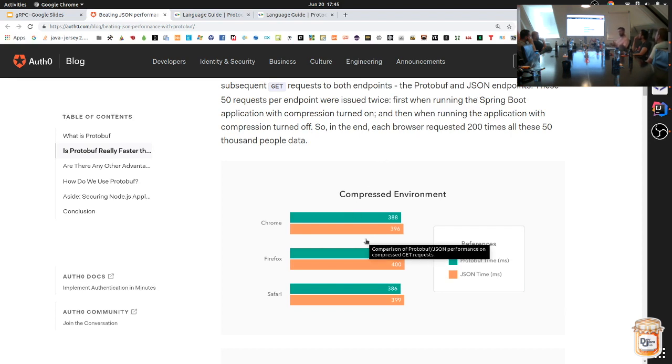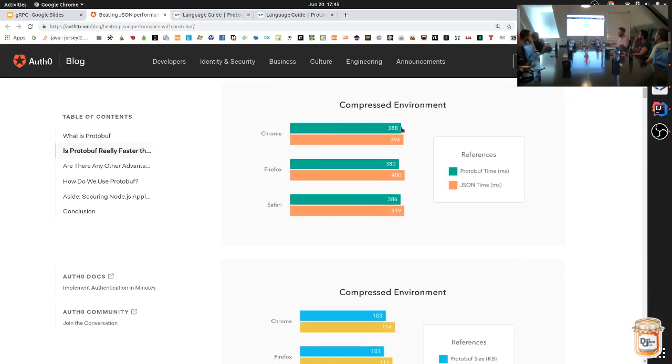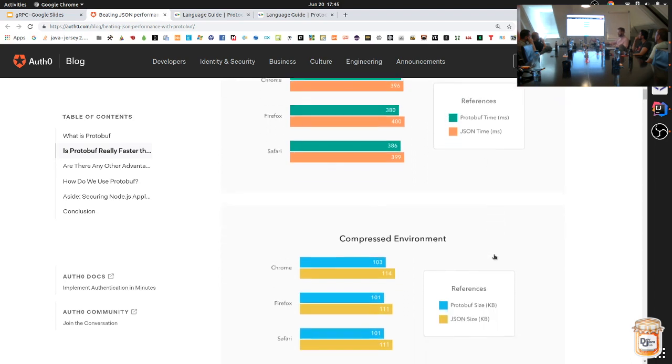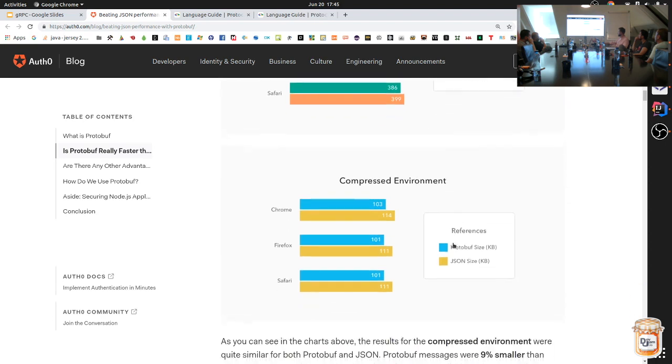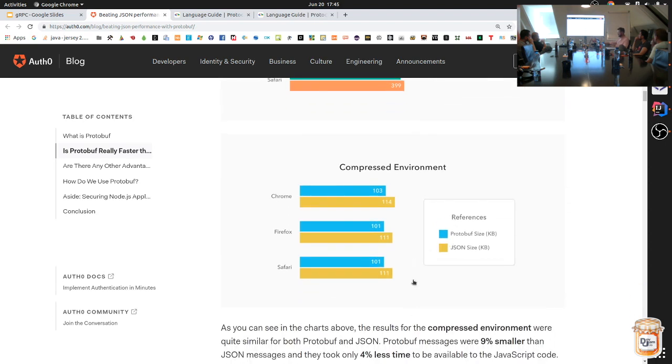So basically, even if it's a protobuf message, it has to be deserialized after. It has to be turned into JSON to be used on the site. So that comparison is also included in here. The size is not much different. Sorry, the parsing time is just 5%, I think, 4%. And the payload is much smaller, so network impact will be less, but it still doesn't justify the whole hassle,